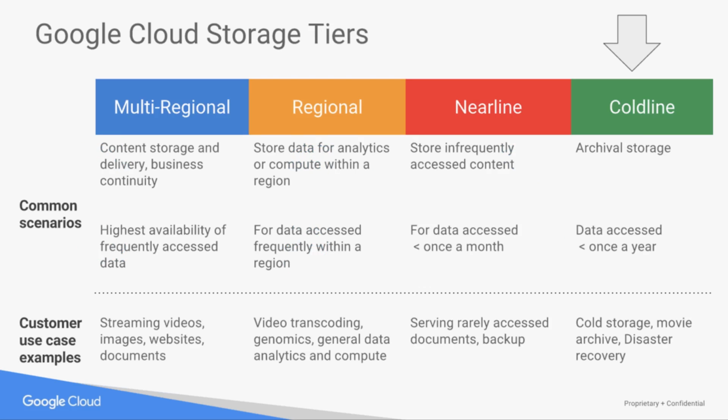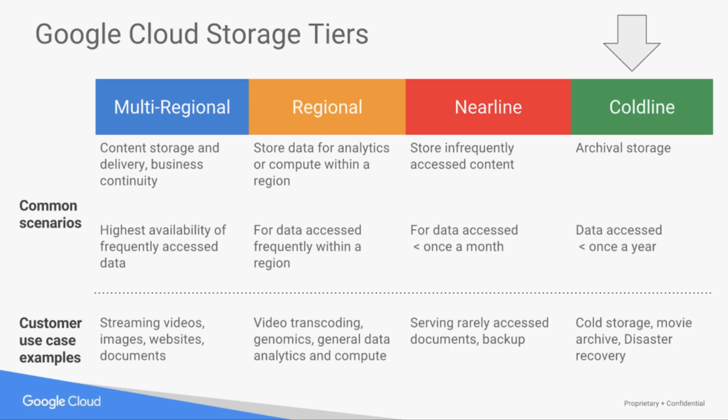So the actual products in storage that work with Shoreline, that work in delivering DR as a service, this is our object storage, our blob store. And moving left to right, we've got 4 distinct tiers. Multi-regional is a tier that gives you exactly what it describes, multiple regions built in. Regional is designed specifically for high performance. You put your compute next to your storage. Nearline is for cooling data, and then Coldline really is the fantastic fit for DR. This is the very low cost archival and DR tier.